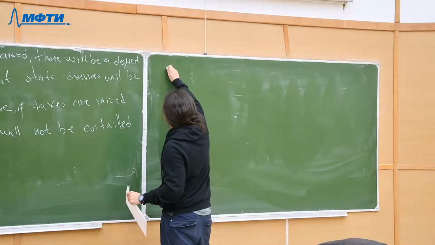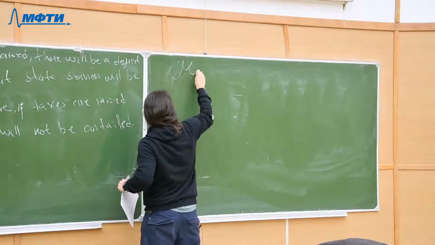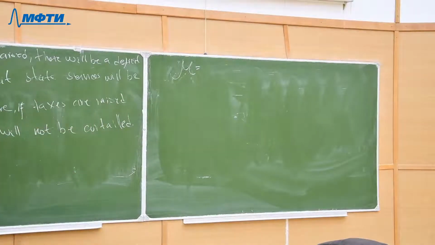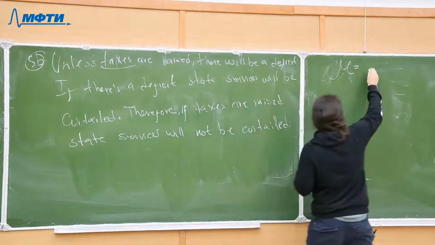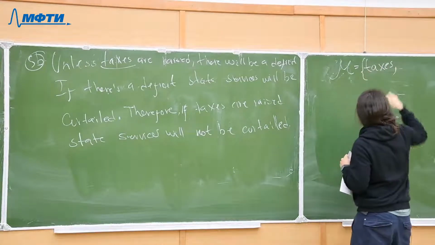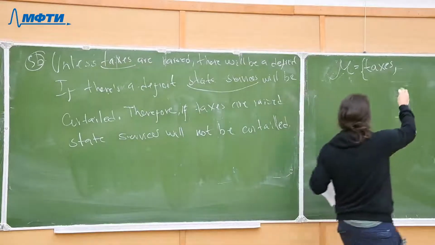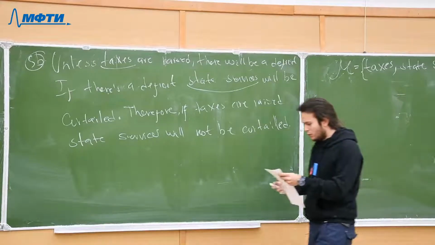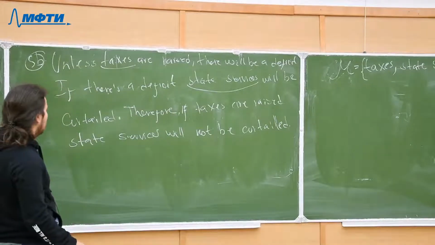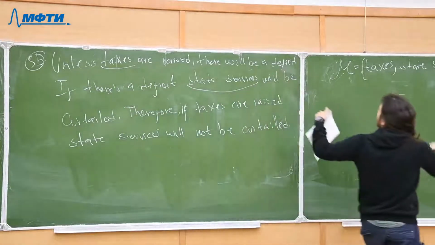So let's call that set, I don't know, some big M. This M is going to be the domain, okay? So we have taxes, what else? We have state services, and that's it. So okay, we have also deficit,